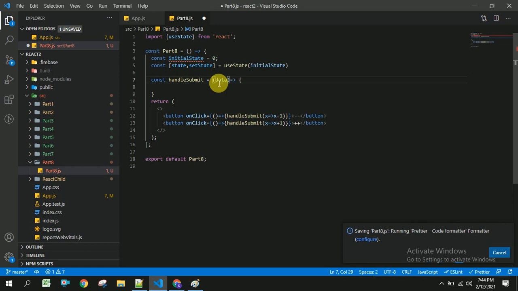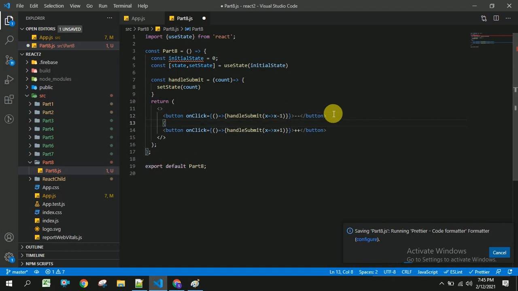So I am getting this data, something called count, and I am going to set the state by using this count value. Now it's already completed, and now I'm going to display this count to the user as state.